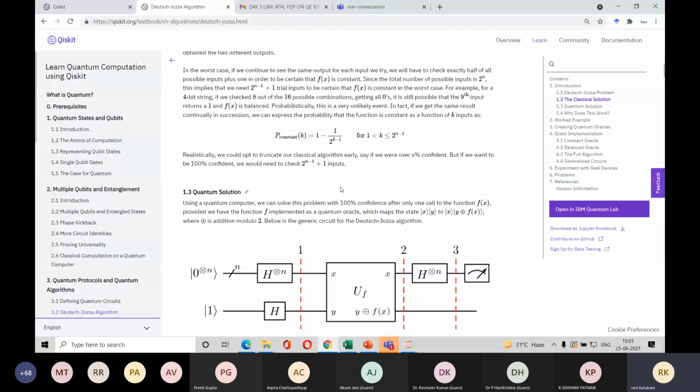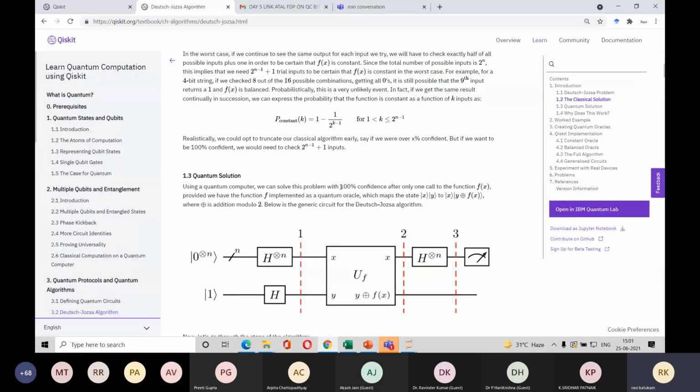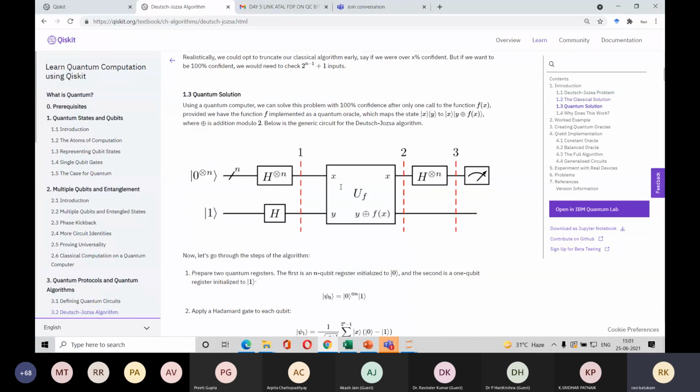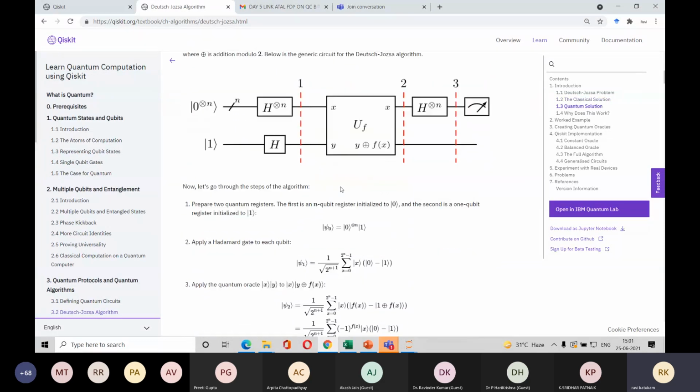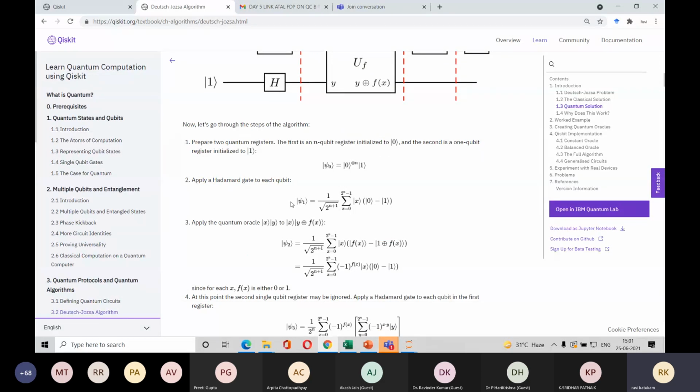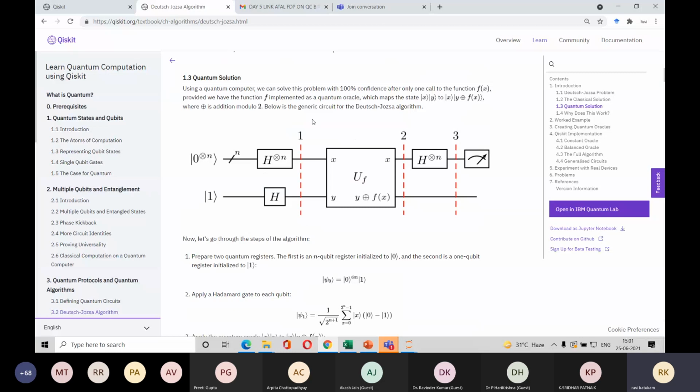That is where the beauty of quantum algorithm comes into picture. So this Deutsch-Jozsa algorithm solves this problem in one iteration. If you are speaking about a 4 string length system, you need only one iteration to tell whether it is balanced or constant. And there is a lot of theory involved in this process, how somebody is able to give that definition. What all it contains, let us say.